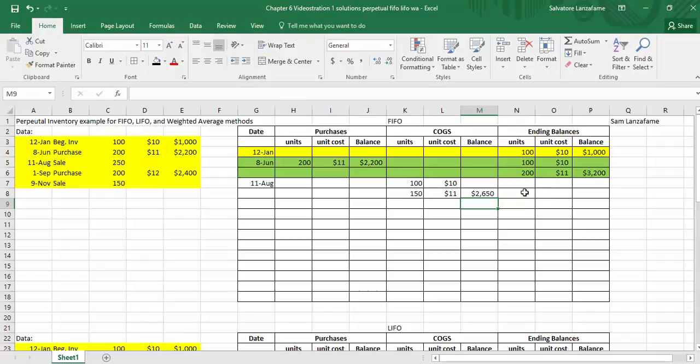So what do I have left in inventory? Well, the 100 at 10, those $10 ones are gone. I only have 50 left of the 11. So how did I get 50? I took 200 minus the 150 that I removed, so that gives me 50 left. The 50 are from the $11 group, and now my balance after the sale is 550. So I've got $550 worth of inventory left over, and it's made up of 50 units at $11